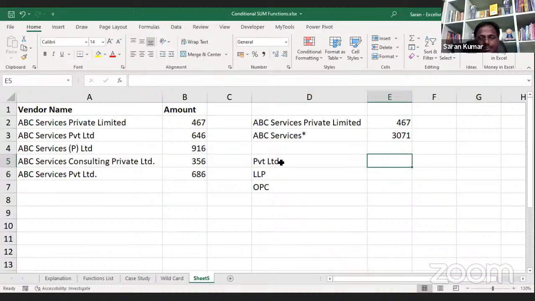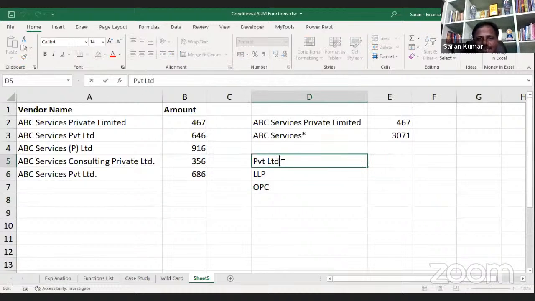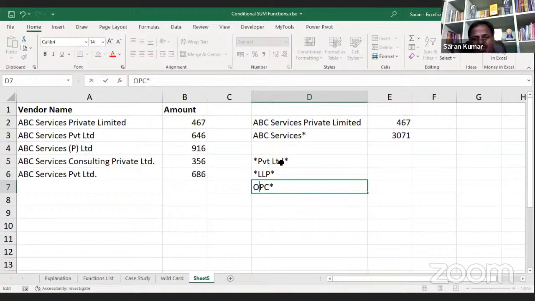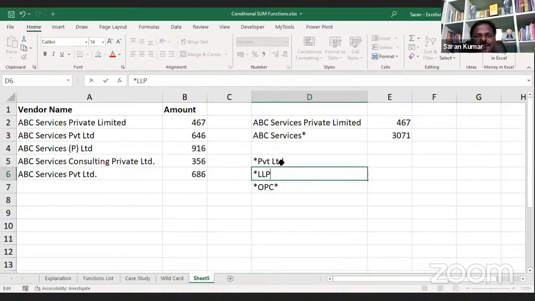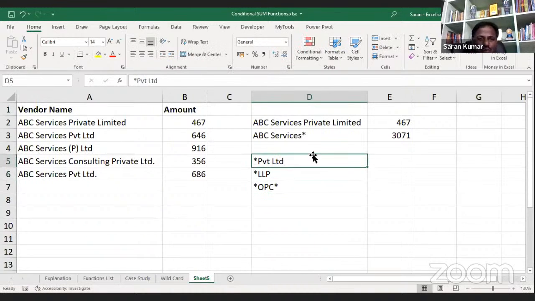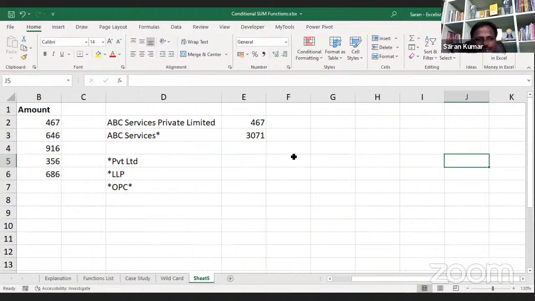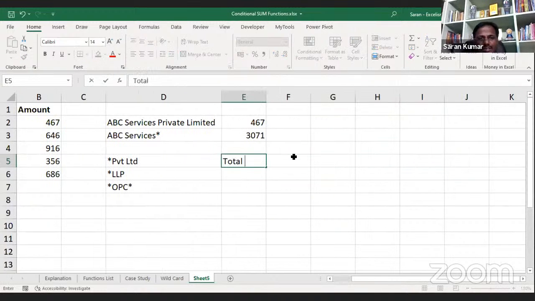If that is the case, I can put the same function, private limited with an asterisk before this. Or else LLP, and after this, if any spaces are there by mistake, asterisk. This one also, if you put an asterisk, you will get it. Or else you can remove the asterisk here. So if I use this, what is the meaning of it? Let me write a text here. Total all the companies